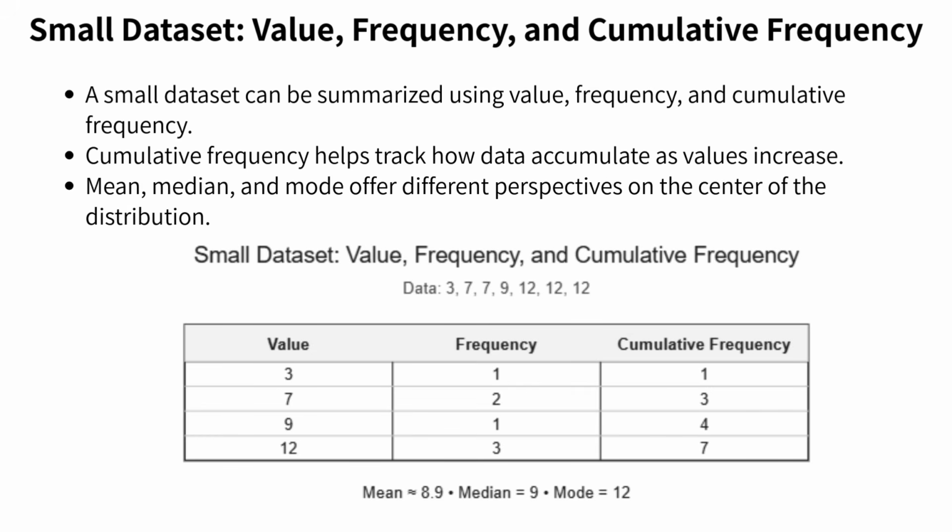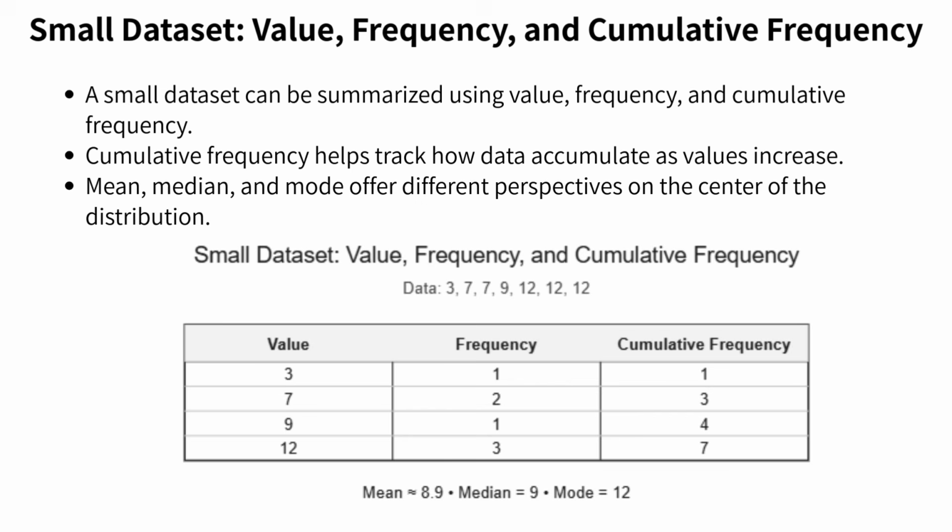Here, the values appear multiple times, and frequency tells us how often each value occurs. For example, the number 12 appears 3 times, making it the most frequent value in this dataset. Cumulative frequency builds on this by showing how the total count increases as we move through the values from smallest to largest. This helps us understand the position of the median, because the median is the middle point of the